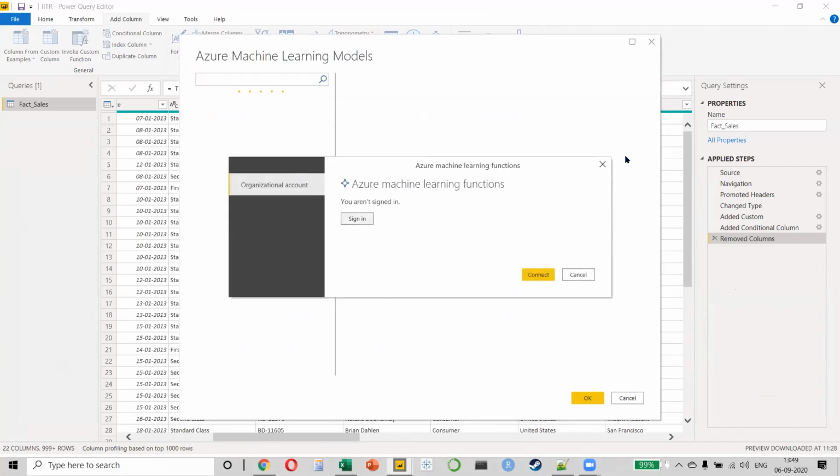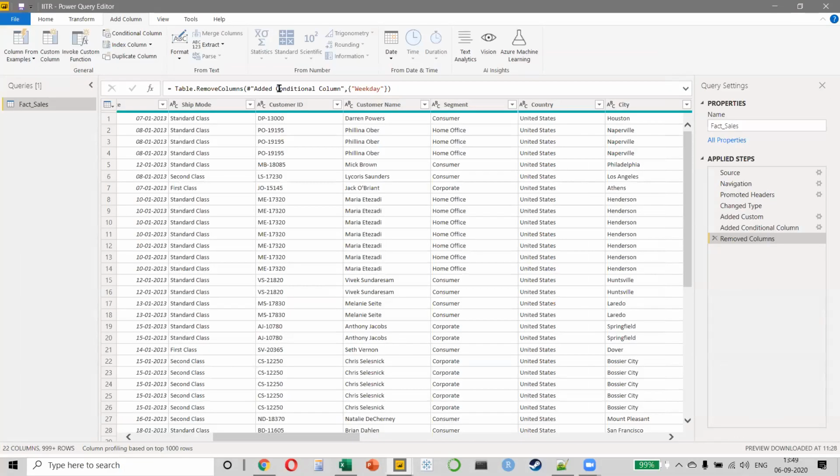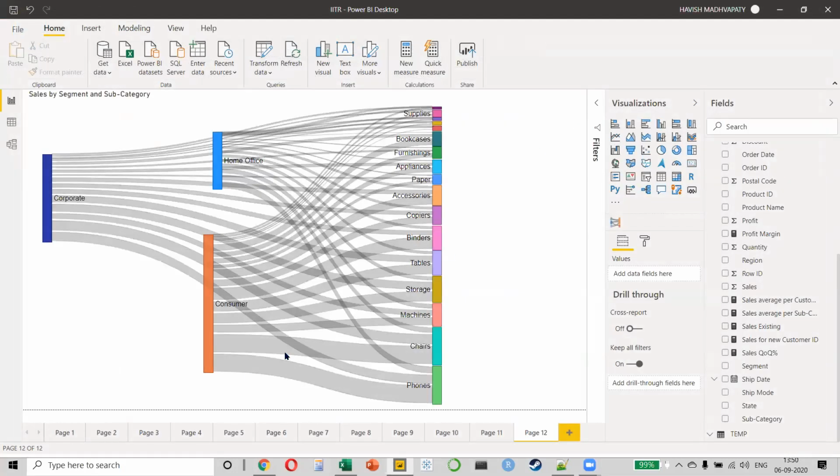Even I don't have access to all this, but the reason I'm showing this to you is to tell you that in the future, in another 1 year, 2 years, you will start to see that we will have auto ML. That means that this will all become zero coding. So you will not have to write programs and codes to do all this. Everything will work simply by clicking on a few buttons. In fact, in the next session on Saturday, when we do Python and R, I'll give you a broader introduction to all these topics.